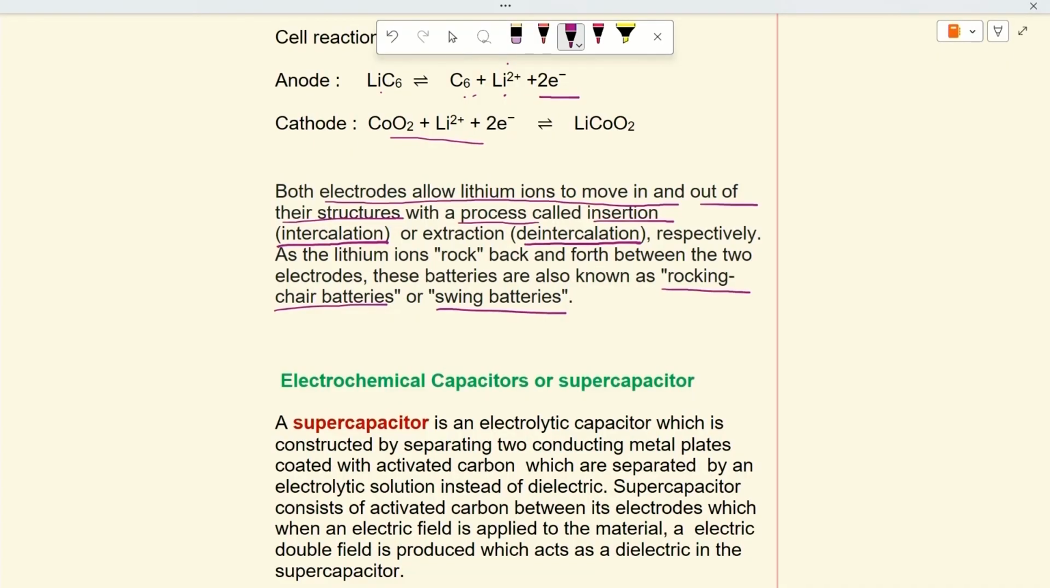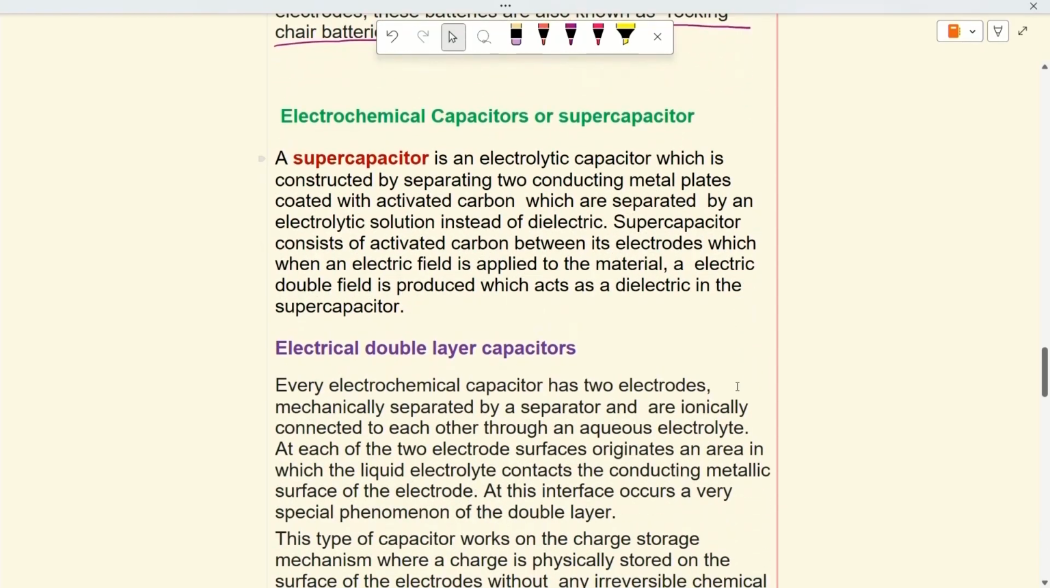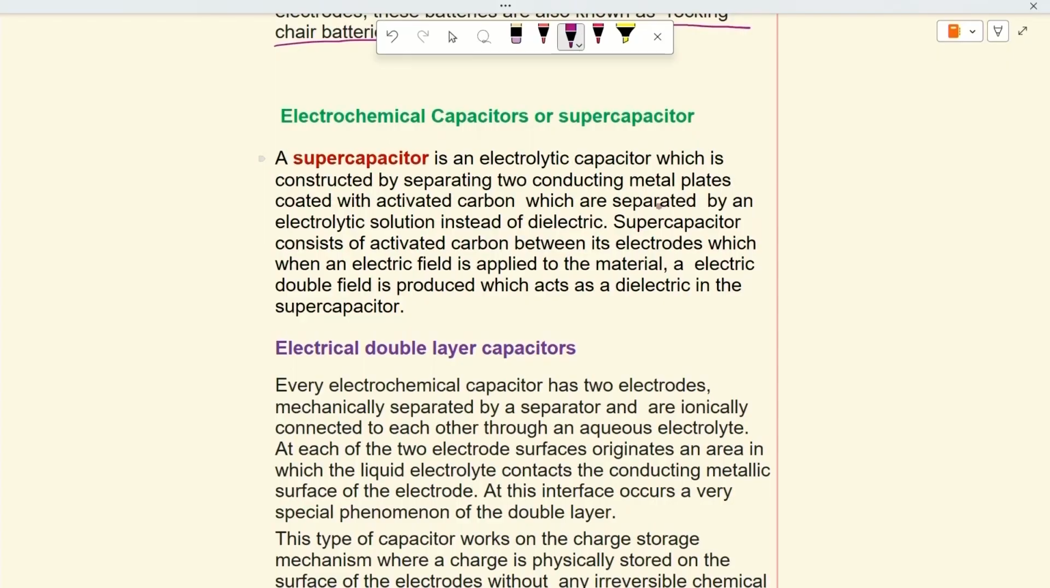Next, we will see electrochemical capacitors or supercapacitors. Now, capacitors in which we are using superconducting metals, and as a dielectric if I use an electrolyte, we call that to be an electrolytic capacitor. Okay. They have activated carbon between the electrodes. When an electric field is applied to the material, an electric